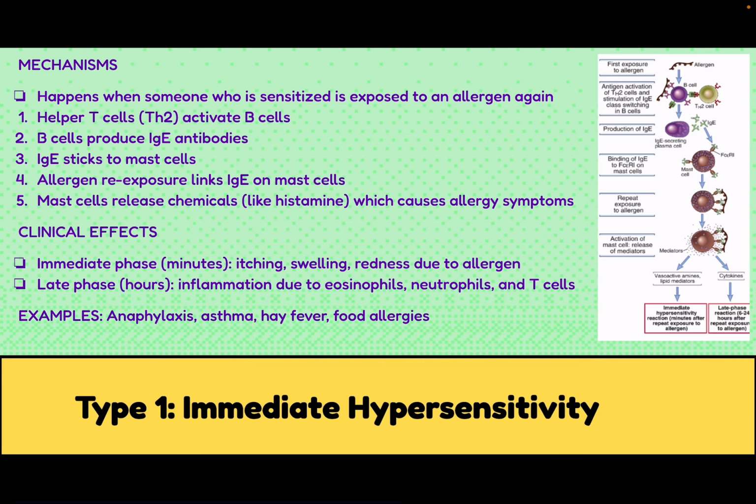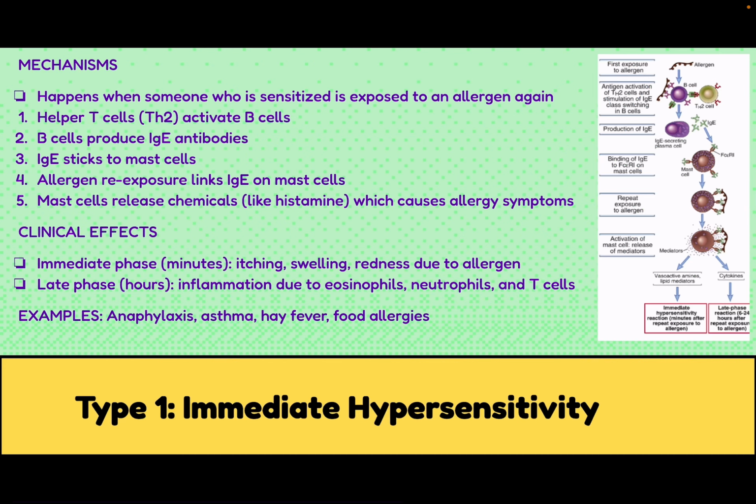So, type 1 immediate hypersensitivity has the mechanism of Th2 cells being activated and then telling B cells to make IgE antibodies. The IgE antibodies bind to Fc receptors on mast cells. When re-exposed, allergen cross-links the IgE molecules on mast cells, and the mast cell degranulates and releases histamine, prostaglandins, leukotrienes,